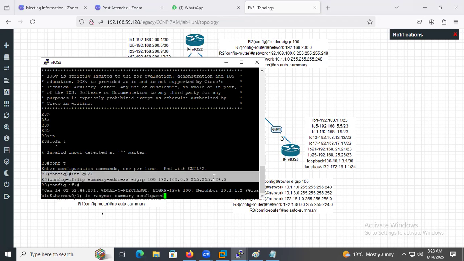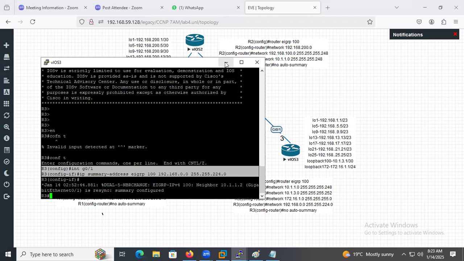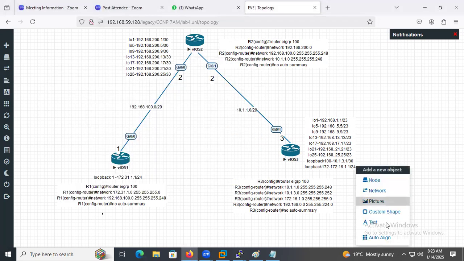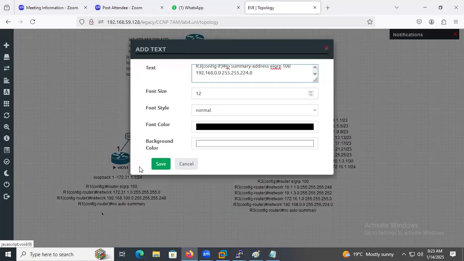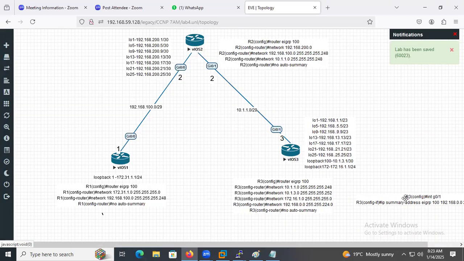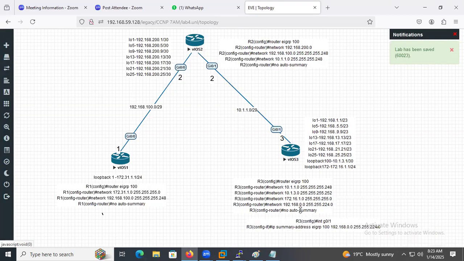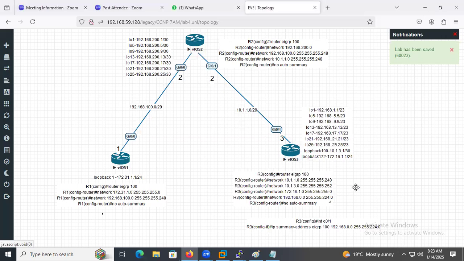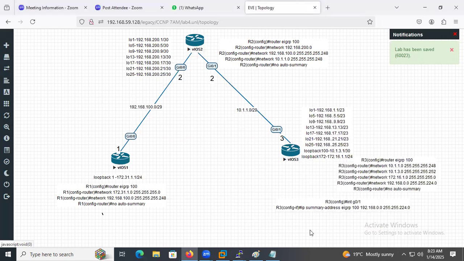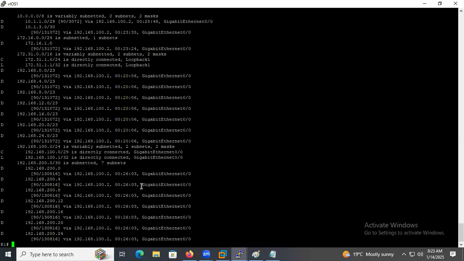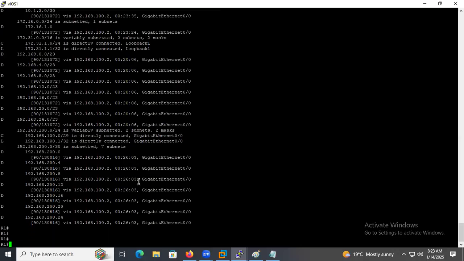This is the command you are learning in today's class. Before, you had done variance; now it is just the summary. So we configure it at the interface level: ip summary-address eigrp 100 192.168.0.0 255.255.224.0. Now if I go for show ip route,